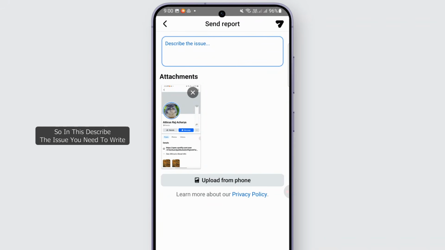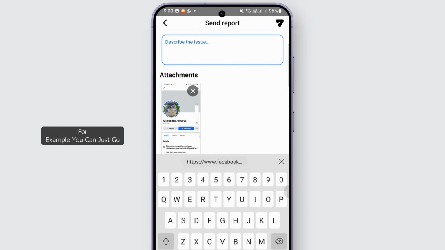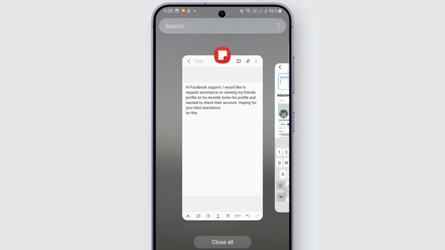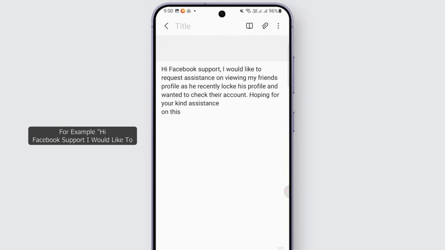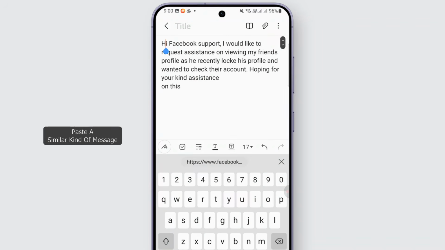So in this describe the issue, you need to write in a paragraph how you want to view that profile. For example, you can just go ahead and write something similar. For example, hi Facebook support, I would like to request assistance on viewing my friend's profile as he or she recently locked his profile and I wanted to check their account. So you can just go ahead and paste a similar kind of message. You can just go ahead and copy and paste it,